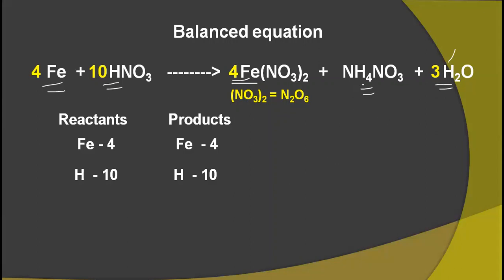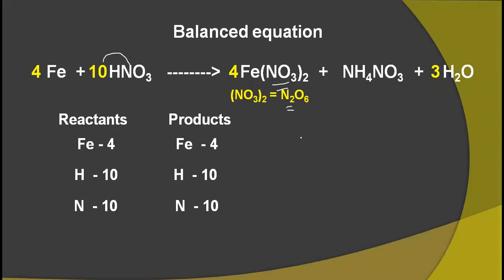So number of hydrogen atoms, here we have 4 and here we have 6. That makes totally 10. So the number of hydrogen atoms is also equalized on either side, along with the iron atoms. And nitrogen: there are 10 nitrogen atoms on the reactant side. In the product side, we have 2 nitrogen atoms in 1 nitrate, isn't it? So here we have 2 nitrogen atoms, and we have 4 molecules of ferrous nitrate, which makes totally 8 nitrogen